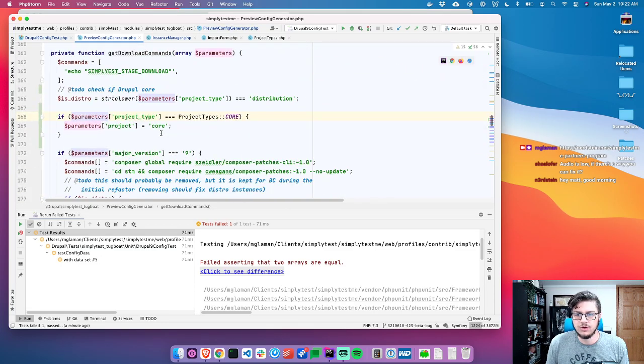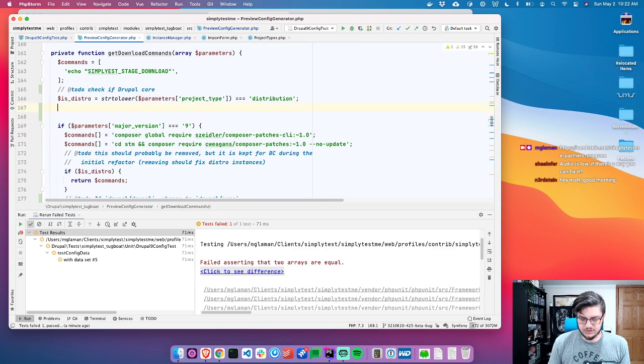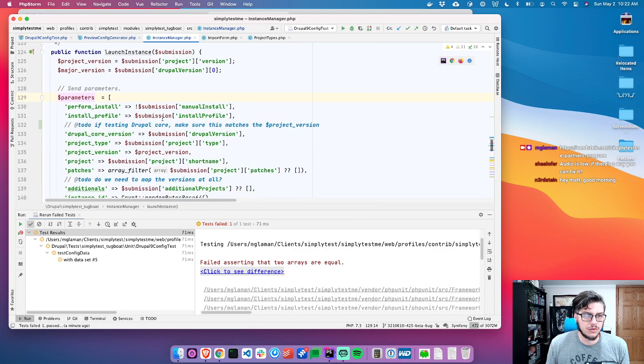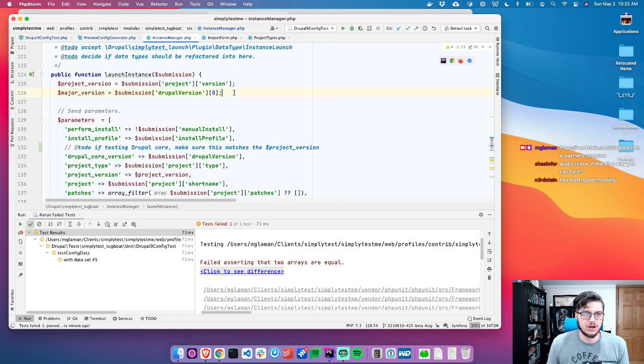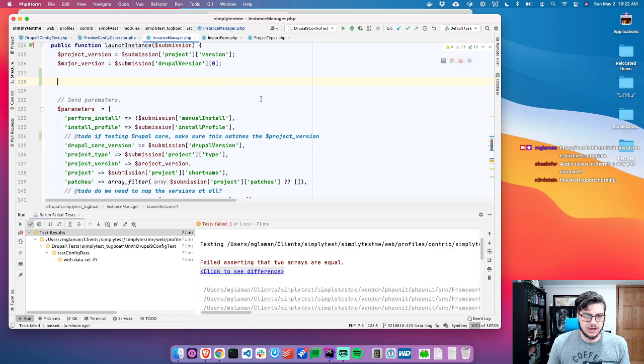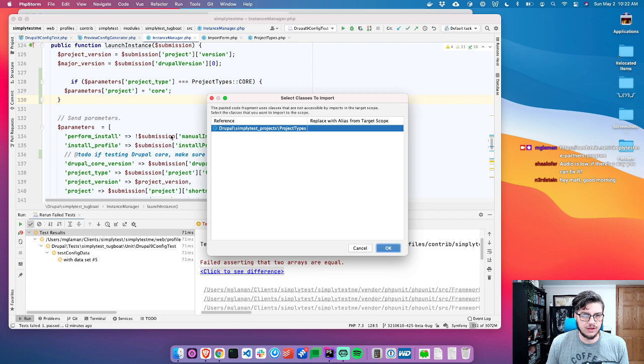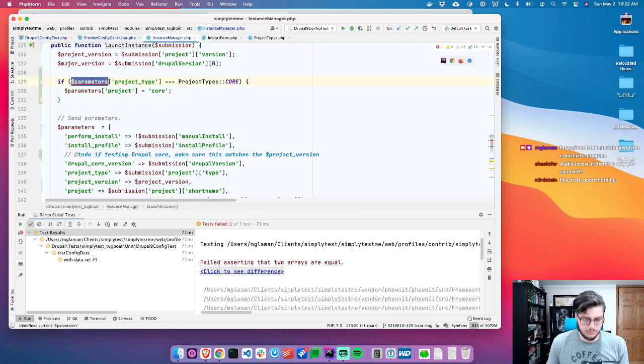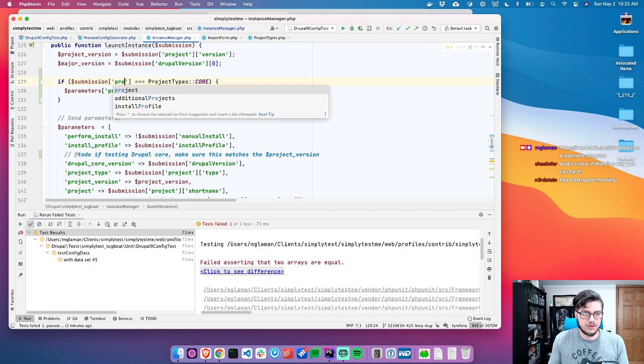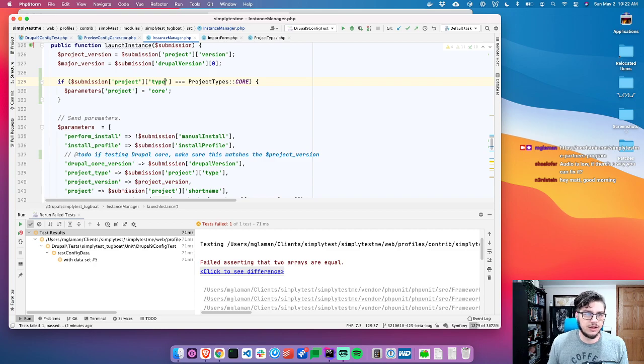I'm going to move this out. And we should do this in the instance manager right here. So let's check. So let's paste this, and we'll modify a few things. So it's submission, project, and then type. So if submission project type is core, change the project